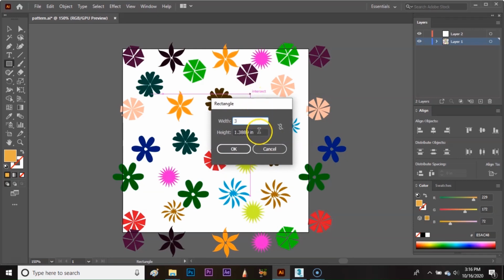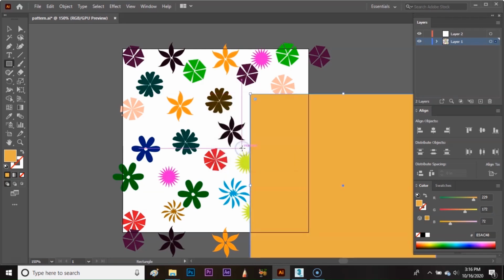Mine is 3 by 3 inches. Press OK to create the rectangle. It's very important that you place the background perfectly over the artboard, because if you have just a tiny little white area, we are going to see that in the final pattern.